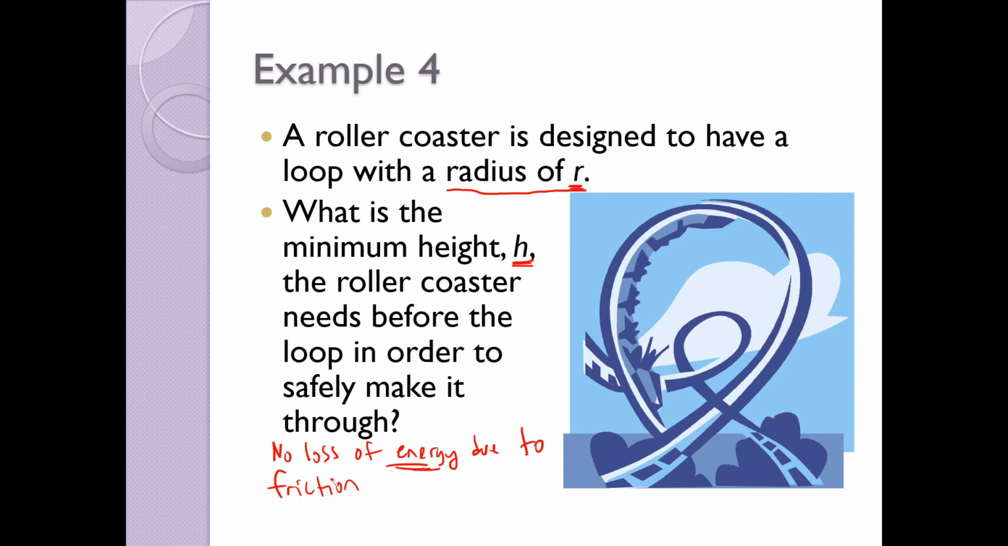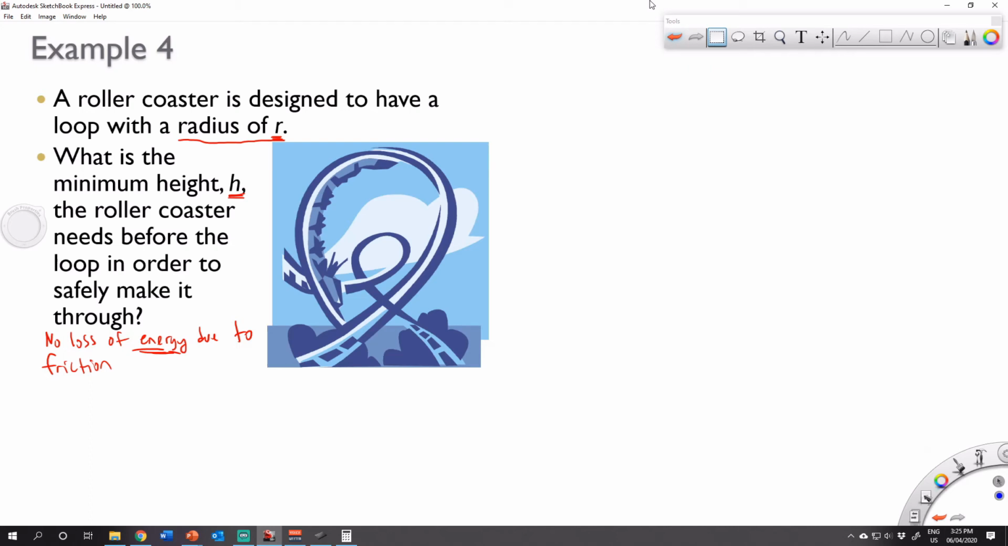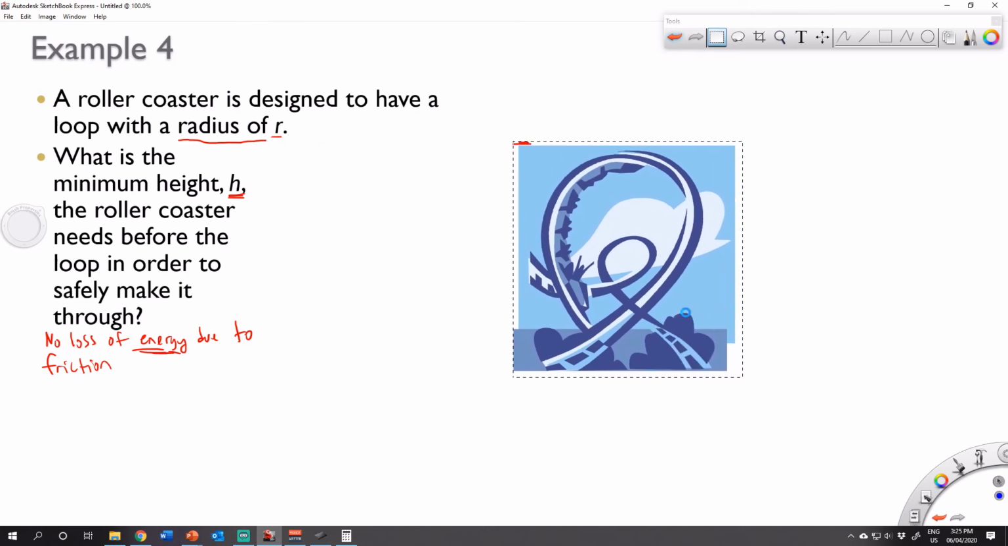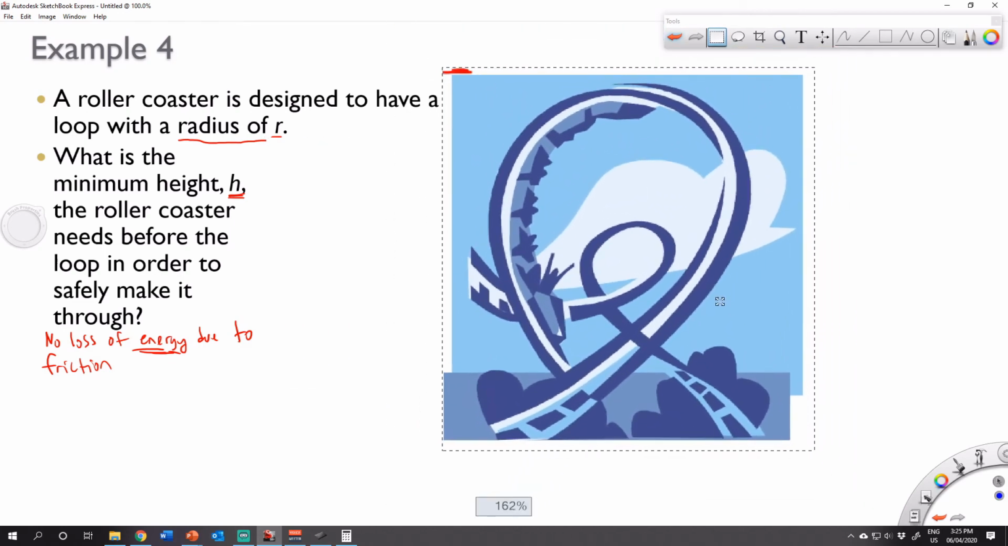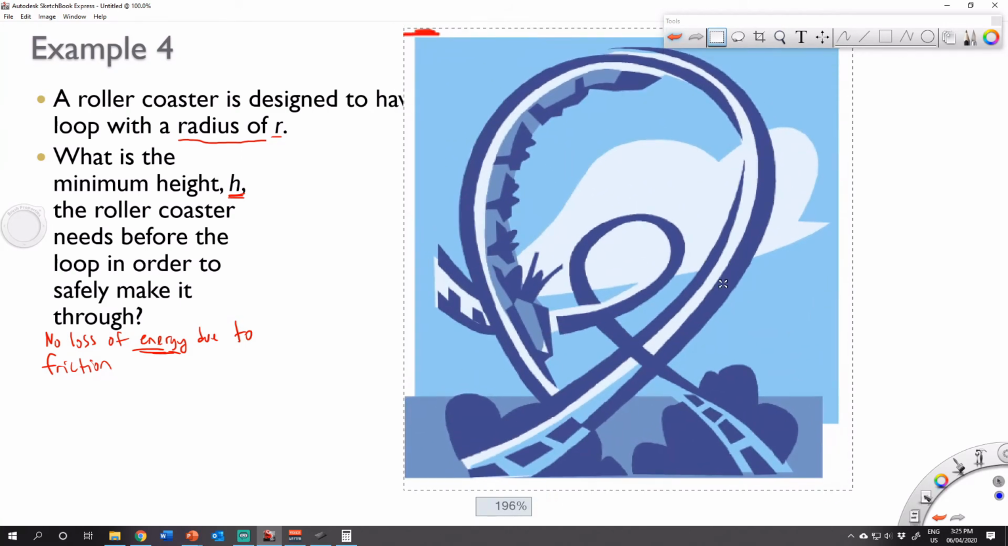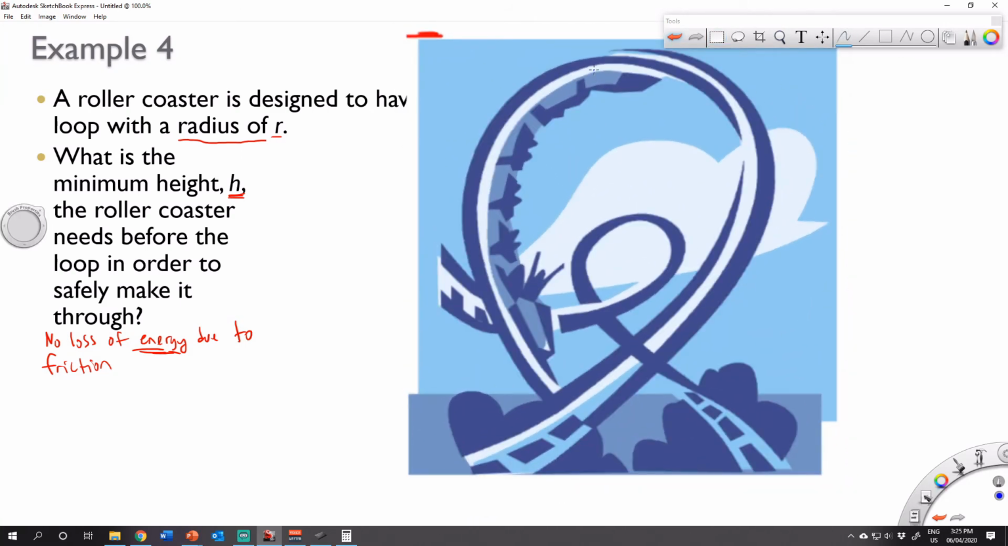Now, this will give you a big clue as to how we go about solving this problem. Okay, so to solve this problem, let's analyze what's happening at the top of the loop. So let's just grab this over. So at the top of the loop,